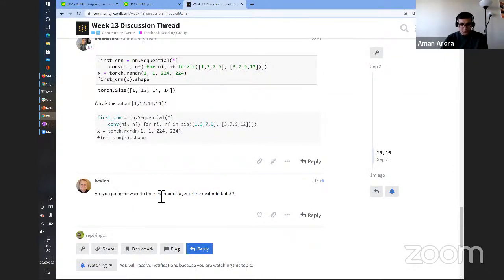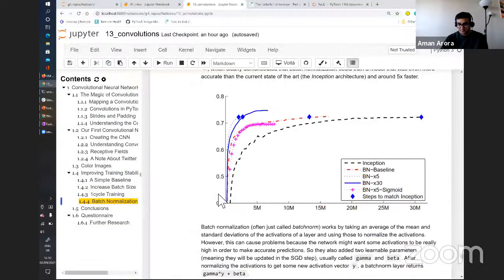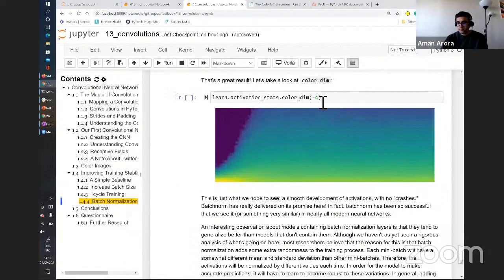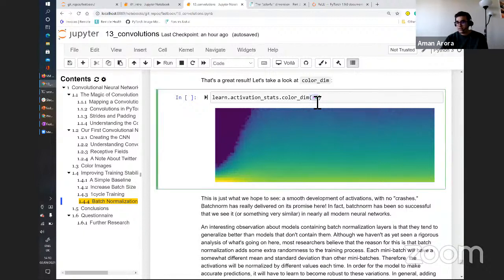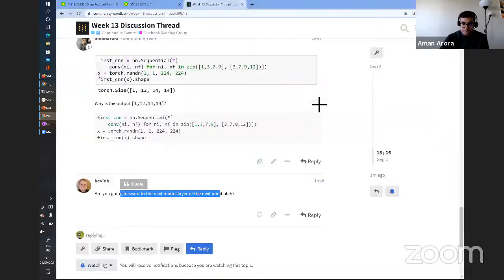Are you going forward to the next model layer or the next mini batch? In this case, because we're plotting the activations for one layer, which means what you do is,